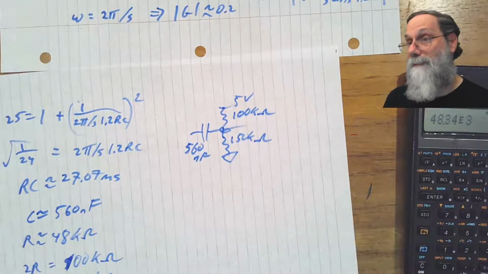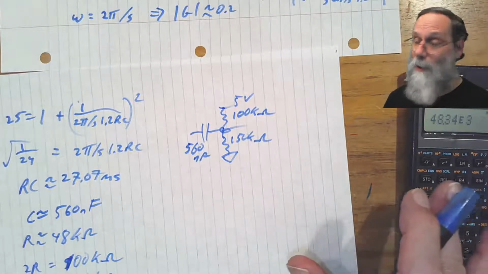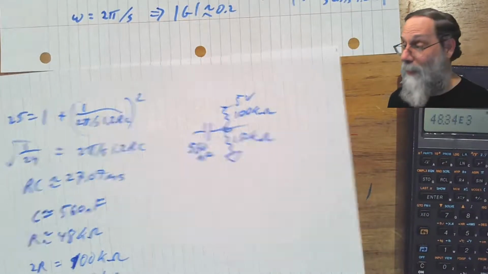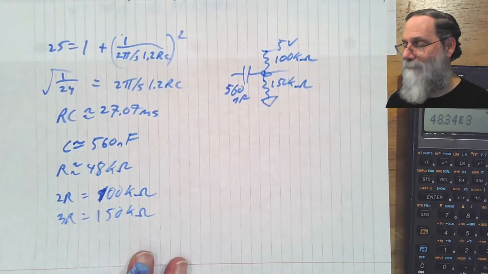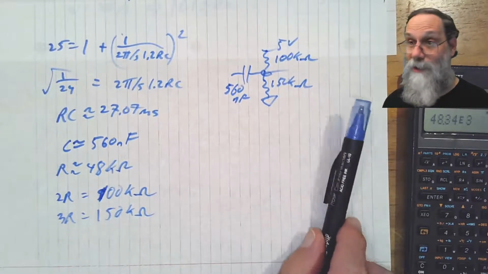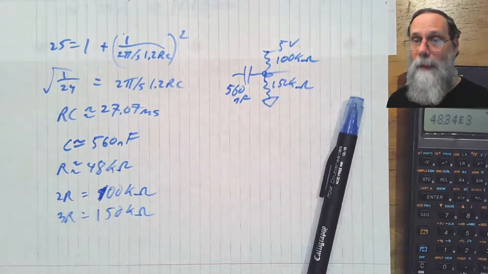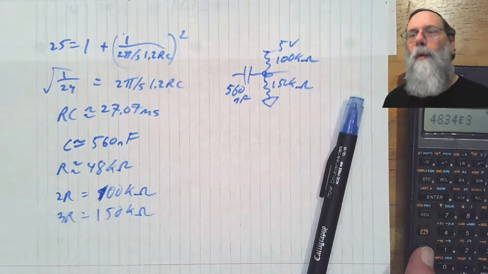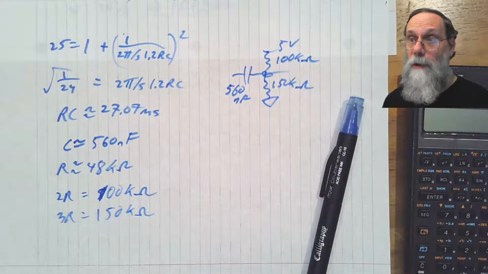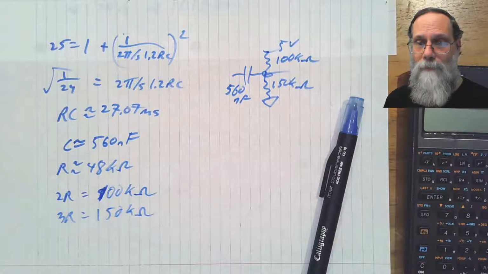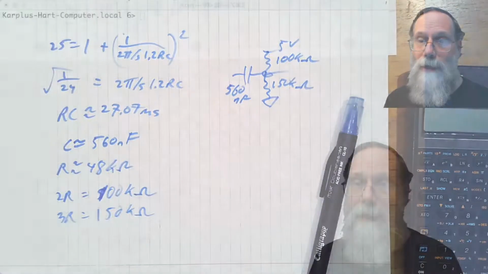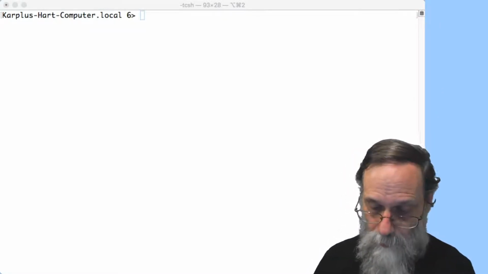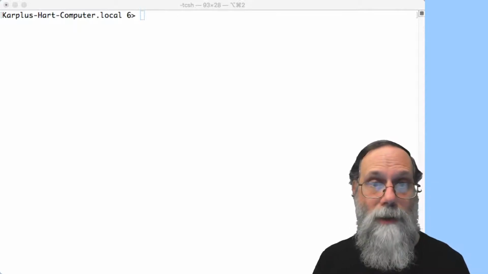Now, we did a whole bunch of calculator work, a whole bunch of algebra. Is the chance we made it through here without a mistake? Not all that great usually. So I want to do a check. But I want to do the check without going through the same calculations over again, without using the calculator again. What I'm going to do is go over to gnuplot, because gnuplot will let me do all these calculations in a very straightforward way. So let's see, get over to the terminal,